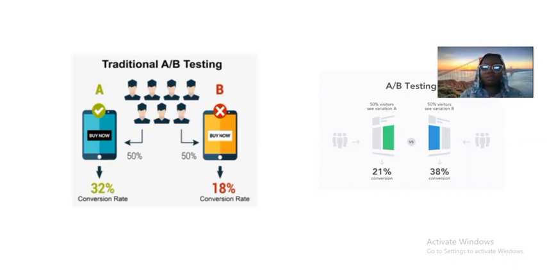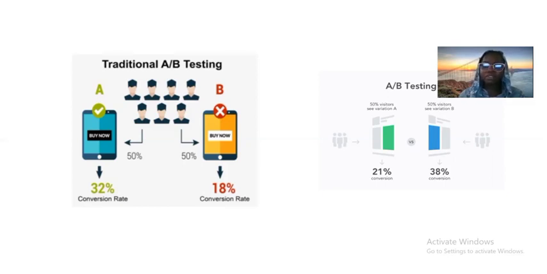So once you have the new web page, you then divide your users into half, depending on the kind of testing you want to do. So let's say you're just testing two variations. You divide your users into two groups. And this division has to be random, and the testing has to happen at the same time. So you then use your analytics tool to get your metrics.